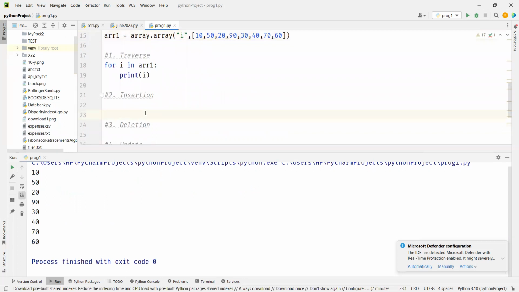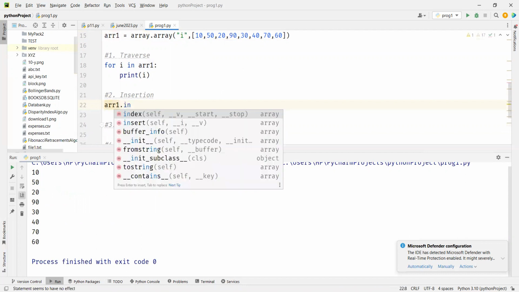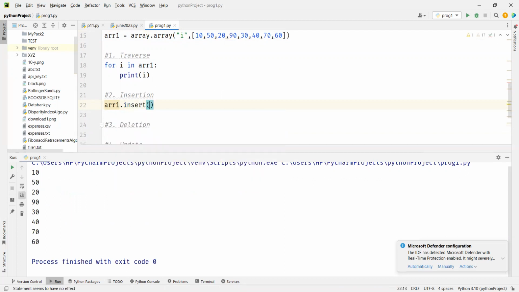Next is insert. How do I insert a member? You have the insert command itself. So you say arr1 dot insert. You see, index is to find. Insert is to add. Now see, insert takes